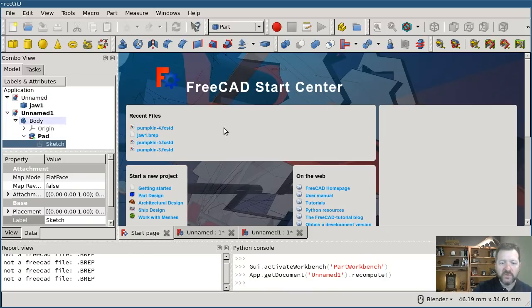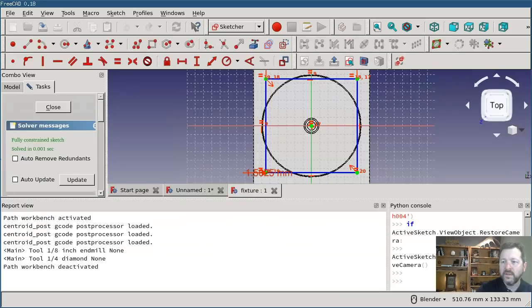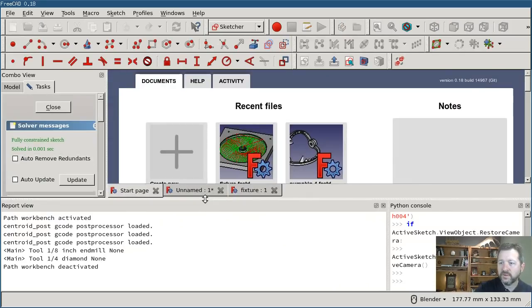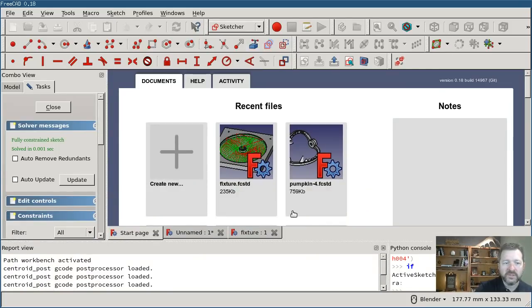I'm going to switch over to version 18 and show the start page here. On version 18, the start page is undergoing a pretty massive change, and there's now going to be tiles here for all the recent files list, so those thumbnail views are going to be even more prominent. And then when you hover over the tile, you'll see that meta information about creation